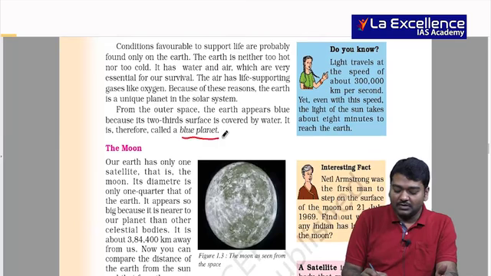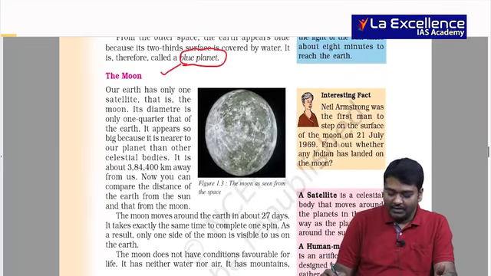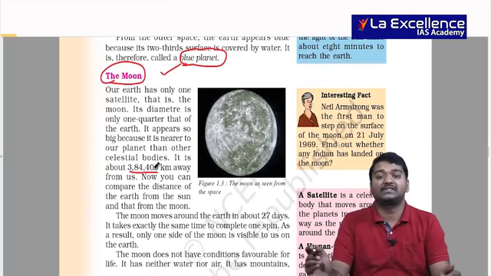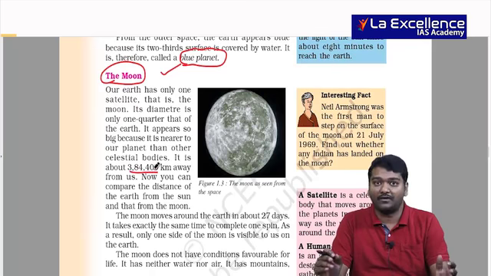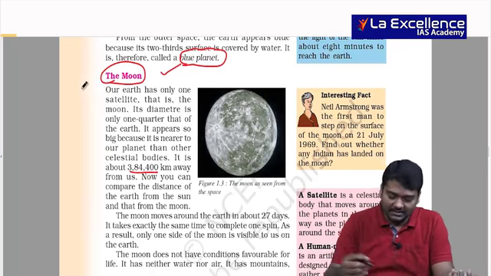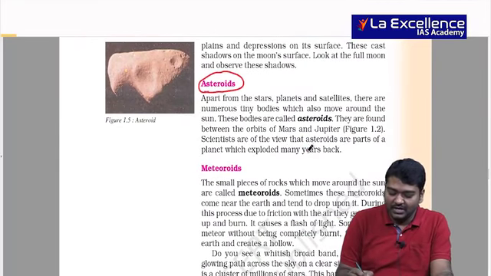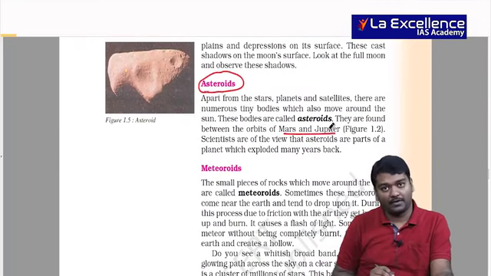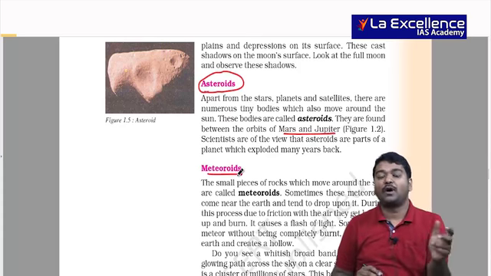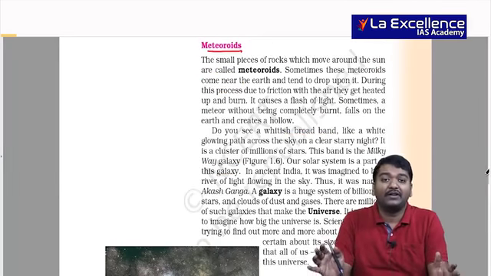And as 2/3 is covered by water, we call it the blue planet. And when we talk about the moon, one important fact that you have to remember is the distance, which is 3,84,400 kilometers. Why should we remember this when we talk about Mangalyaan and other things? This is important. Asteroids, I just showed you, are in between Mars and Jupiter, correct? And then the next important thing you have to see is with respect to meteoroids. They are small particles which are revolving in the entire solar system, and sometimes they may enter into Earth as well.